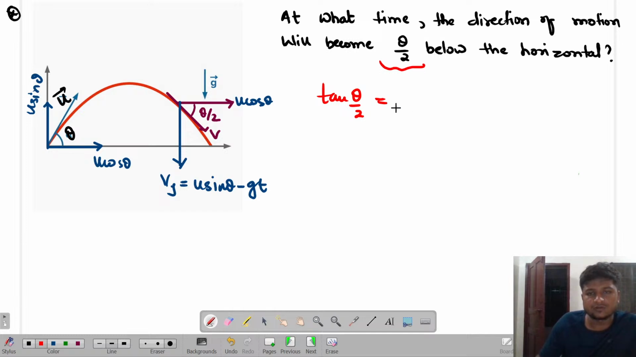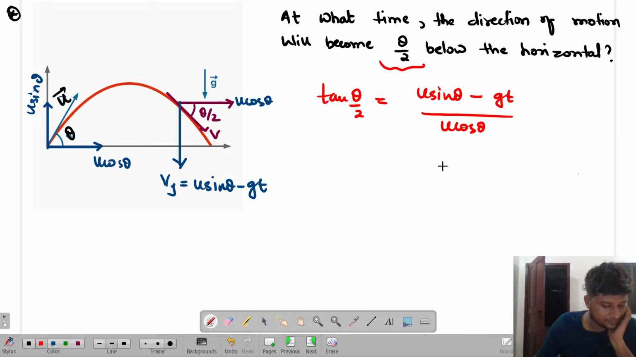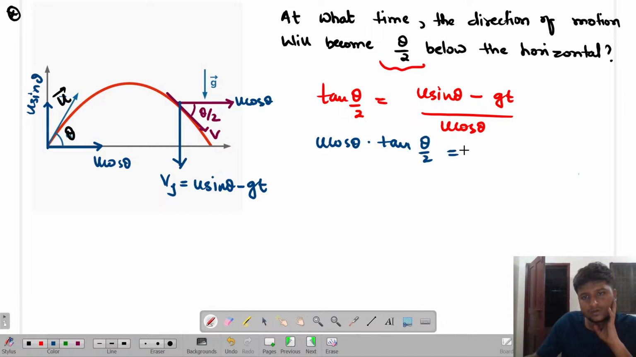You know that tan theta by 2 will be given as the perpendicular velocity, that is u sin theta minus gt, divided by u cos theta. Are you able to get me or not? If I write tan theta by 2, you can write now u cos theta into tan theta by 2 is equal to u sin theta